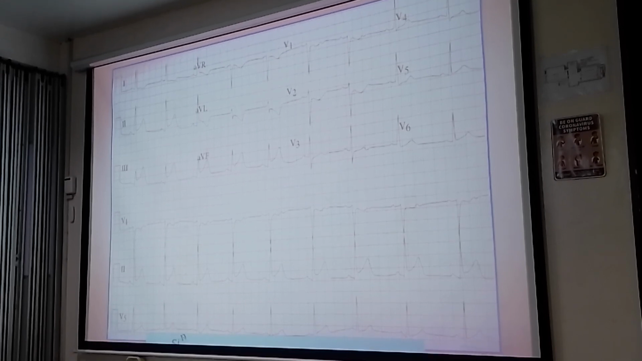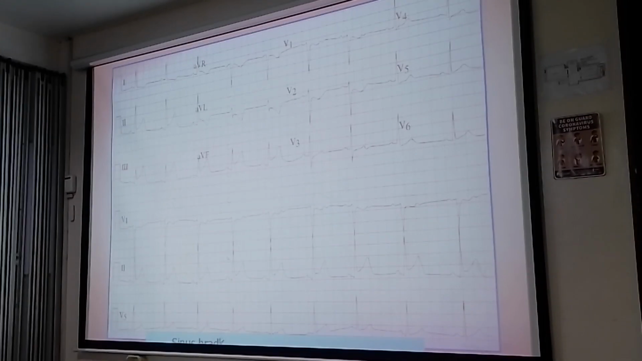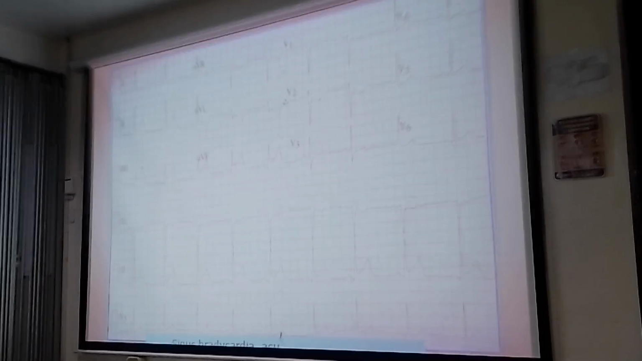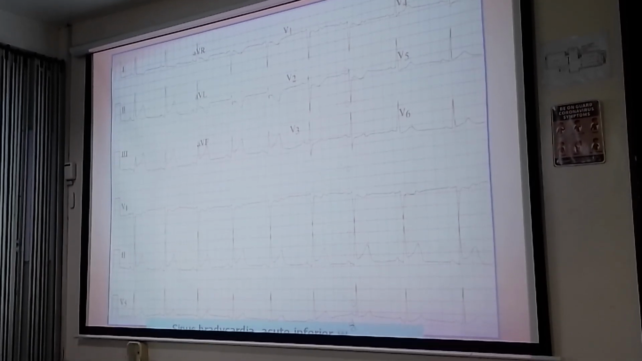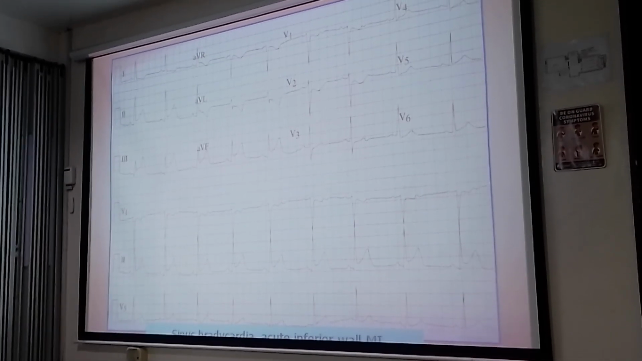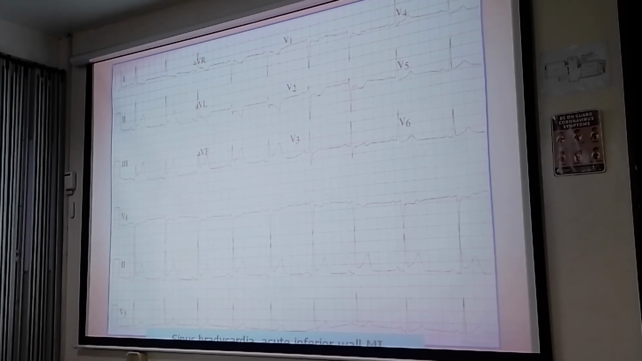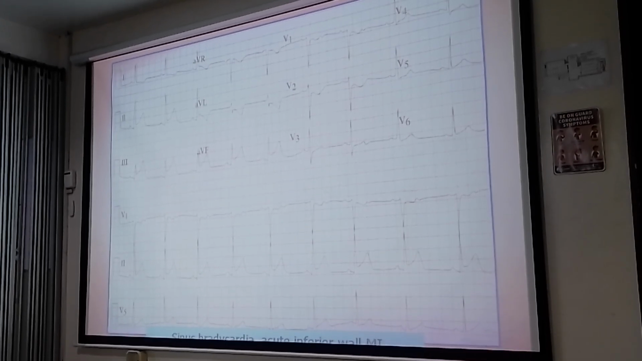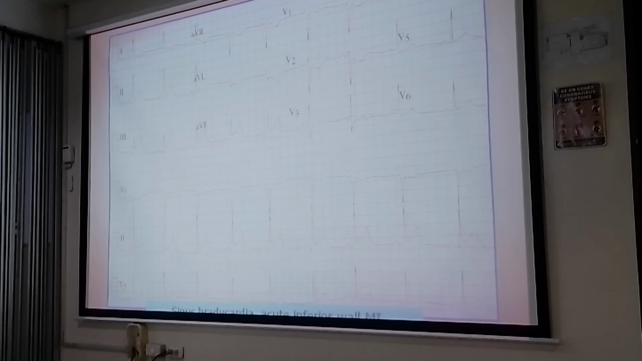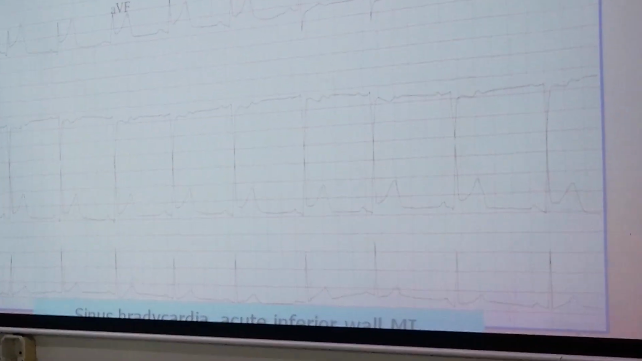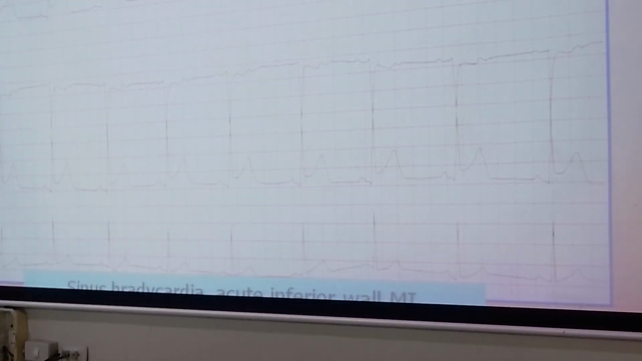This one. What is this one? Sinus bradycardia. That's the one. Inferior wall. 2, 3, aVF represents the inferior wall. The inferior wall of the left ventricle sits on the diaphragm. So ST elevation, myocardial infarction in the overhead